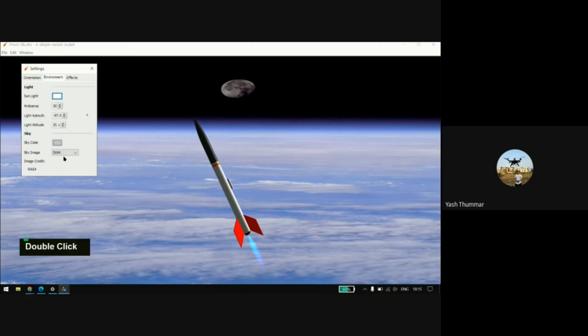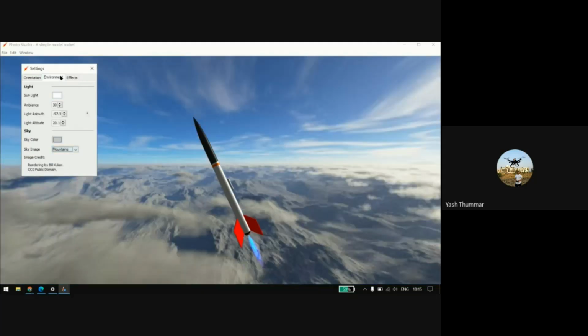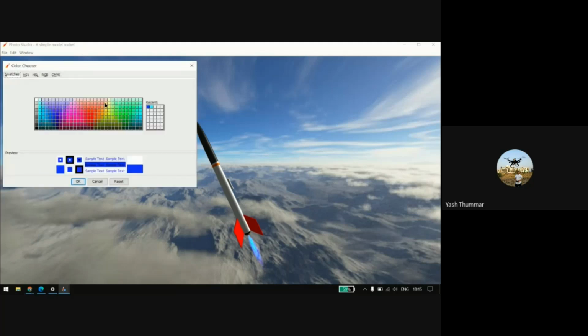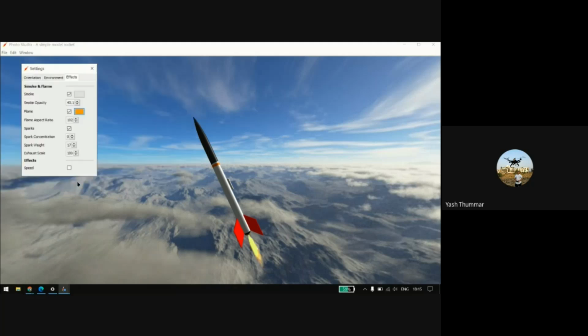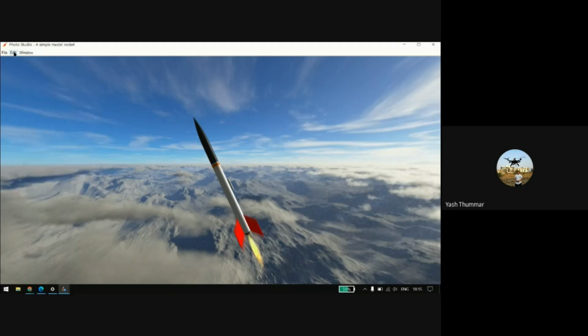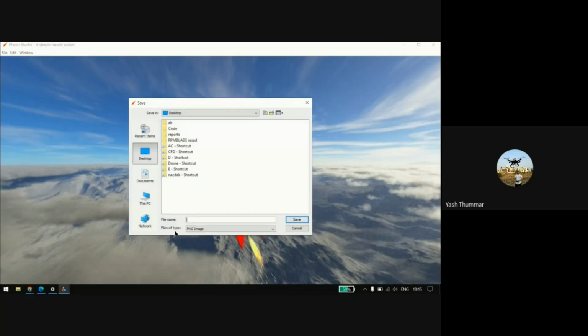First let me change the color to yellow. And you will find here the sparks and the speed. You may change it so it goes like a steady effect, or it will go with a speed effect, right? You will find the difference here. You may go to window size and take the picture. It's the save image option; click on this and you may save it at your place.